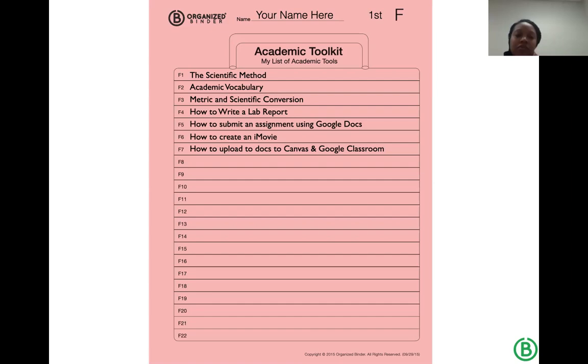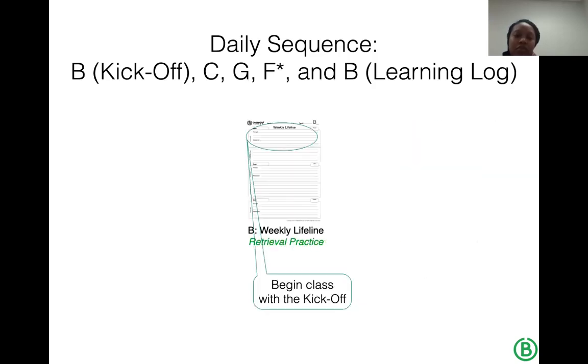And I enjoy, if it's this time of year and I'm about to set up a lab report in March here in a little bit, I can tell all of my students, hey, turn to F1 real quick. And we're going to look at those Cornell notes you took on the scientific method in August. We're going to review how you set up a hypothesis. And everybody in the class flips to that F tab, opens up their notes, and it's those scholarly skills that they're developing just by virtue of kind of the routine.